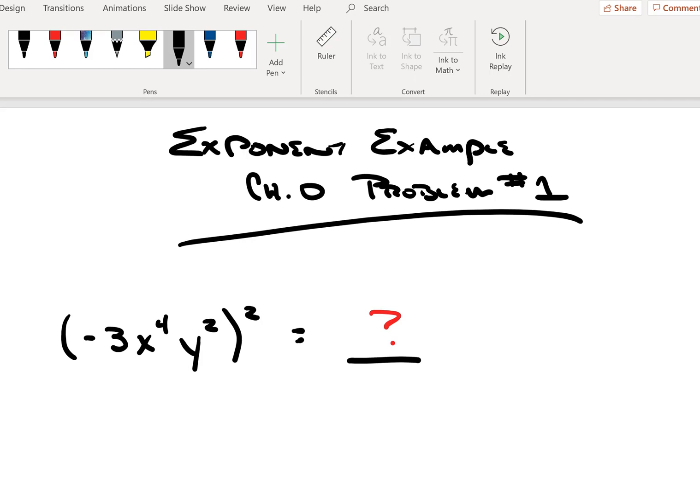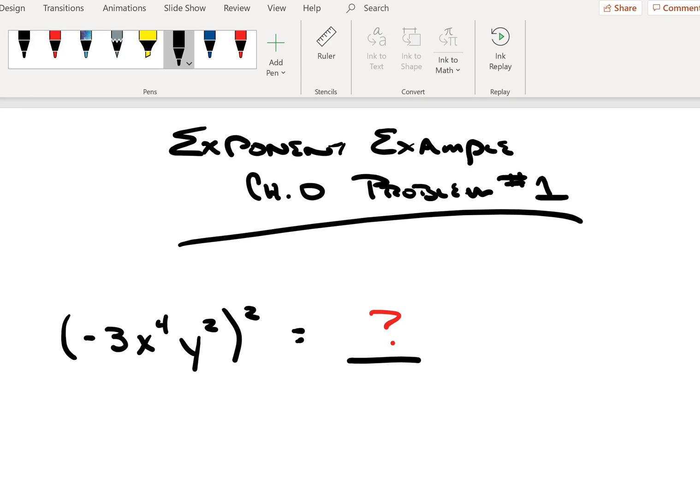Now that we've reviewed exponent rules, let's look at an example problem. This is Chapter 0, Problem 1 in your textbook. This one gives us the quantity -3 x to the 4th power y squared, the entire quantity, as denoted by the parentheses, squared. And we want to look at a couple of different ways for working this problem out and determine what our